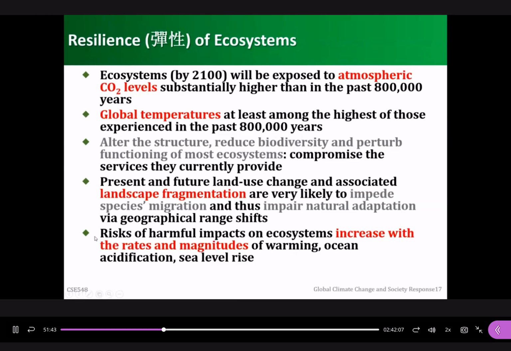So here it seems like the last part. The risks in the future will increase as the warming further increases. The logic is very simple. Climate change is already affecting us, and in the future the temperature will continue increasing, so this will further increase the risks of negative impacts.